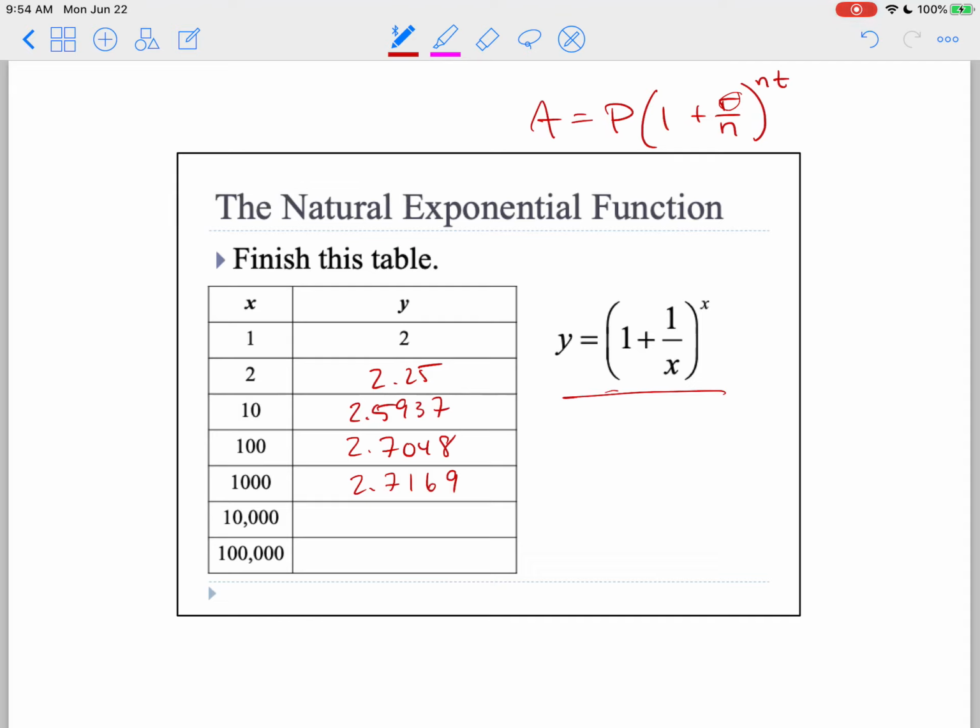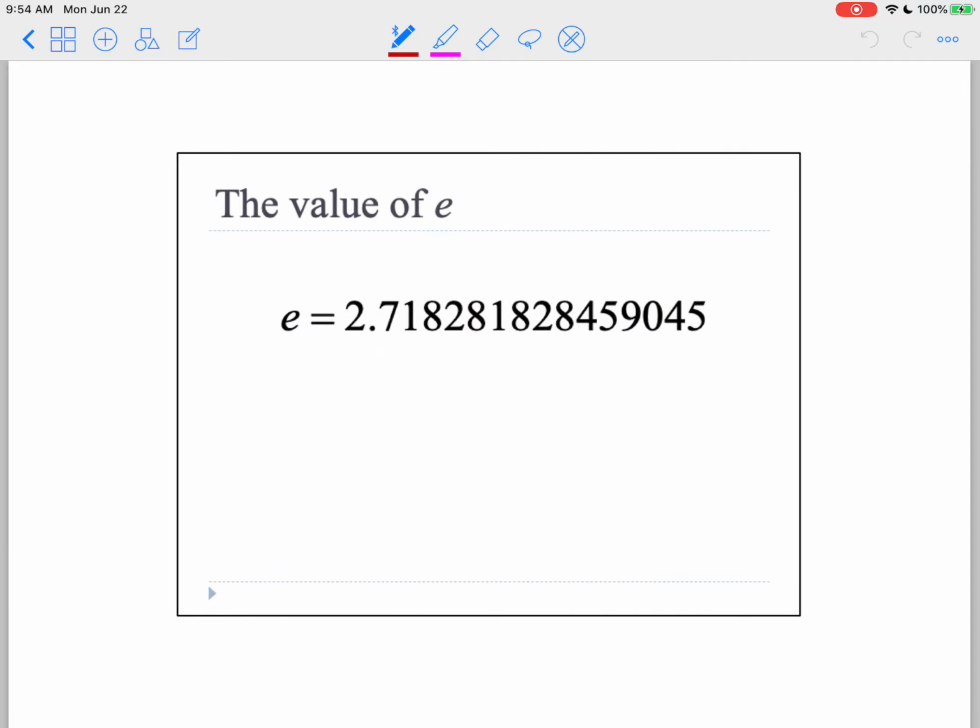When I plug in 1,000, I get 2.7169. When I plug in 10,000, I get 2.7181. When I plug in 100,000, I get 2.7183. And so you can see that the numbers change considerably from here to here, but now it looks like the 2.7 is stuck, and these numbers are getting closer and closer to a certain value. That value is e,